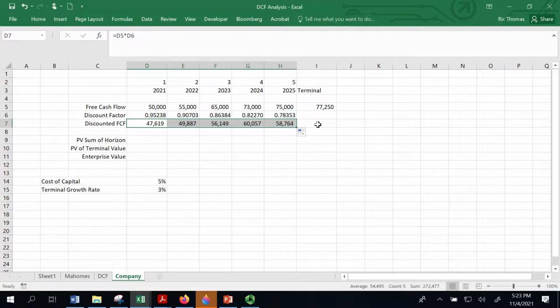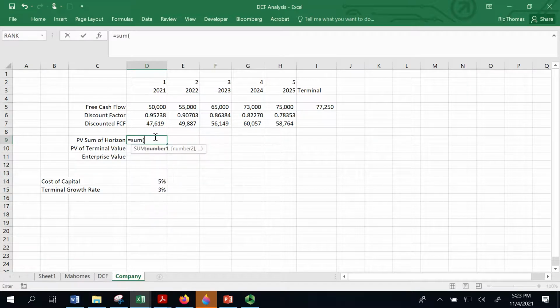Okay? And now what I could just do, just like we did with Patrick Mahomes, is sum this up. I'm going to sum up the present value of the free cash flow. That's my horizon. Okay, and I got $272,477. Now what I need to do is come up with a terminal value, because what's going to happen is